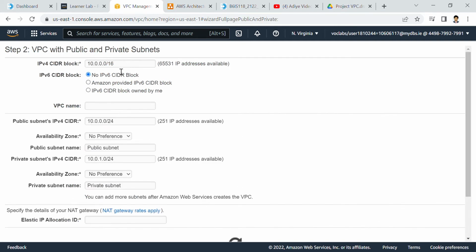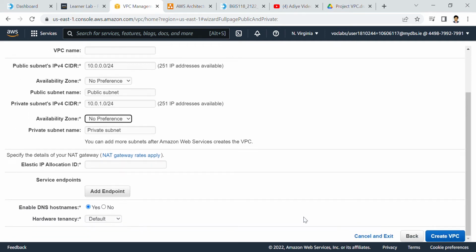and then here you can give the name as project VPC, and also give the public subnet according to your given design architecture. You can give your public subnet as web public subnet 1. I mean public subnet 1, and the availability zone you can give as US East 1A. Your private subnet name you can give as web private subnet 1, and the availability zone as US East 1A, and allocate an elastic IP address here,